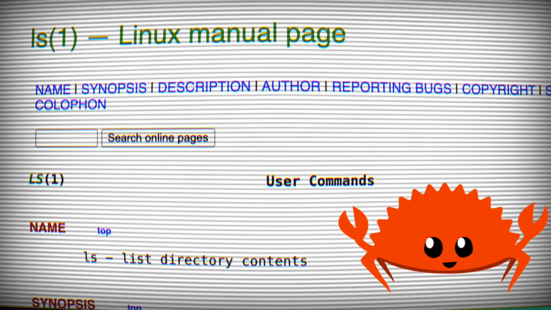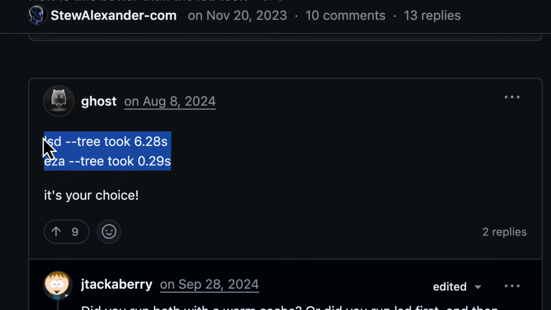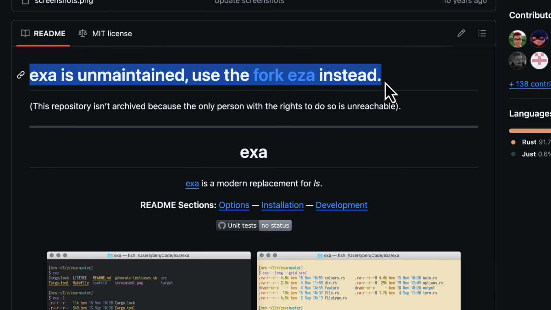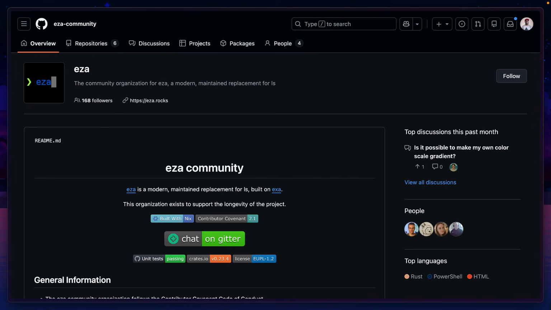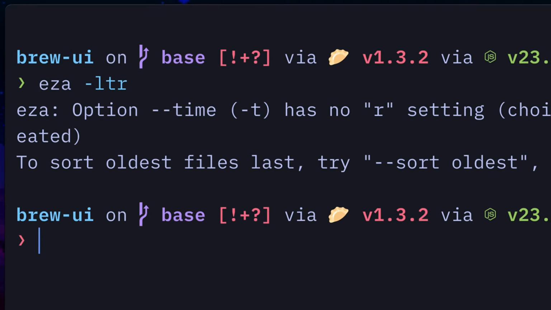Eza is a modern replacement for the ls command written in Rust that claims to be faster than LSD, and started out as a fork of Exa by Christina, who eventually moved it to the Eza community. It's not supposed to be a one-to-one replacement for the ls command, which you'll see a bit later, but let's